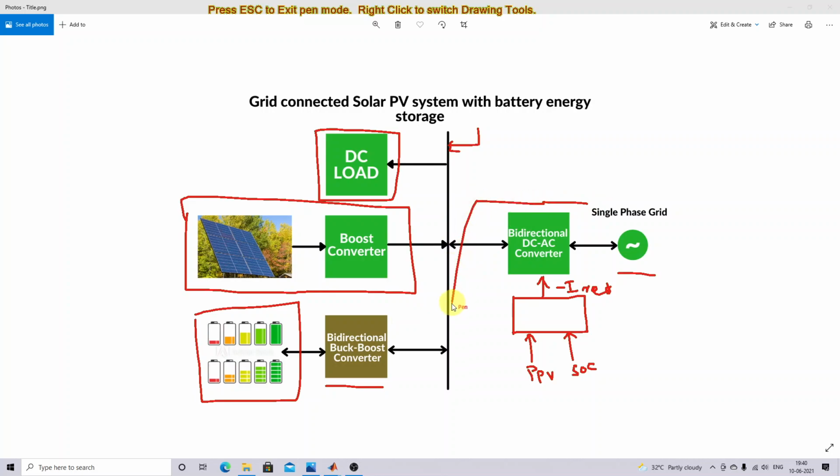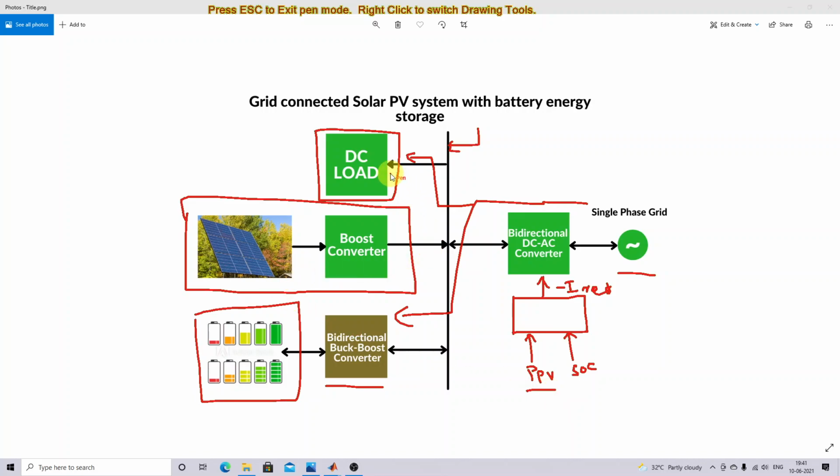not to charge the battery. So you have to get the power from the grid to charge the battery as well as to power the DC load when there is no power in the solar panel and the SOC of the battery is less than 10 percentage. If suppose the PV has the maximum power, so excess power, that means